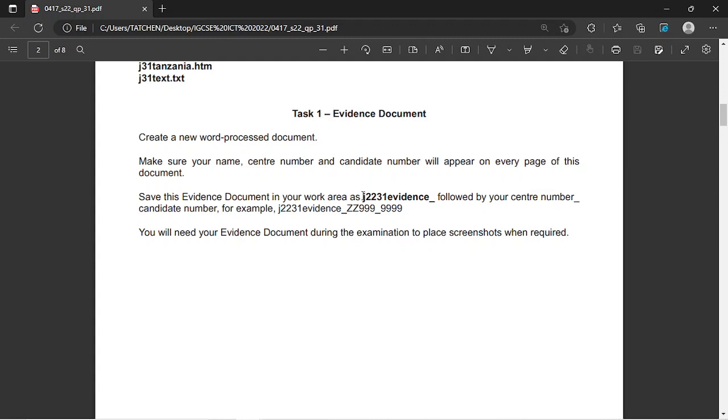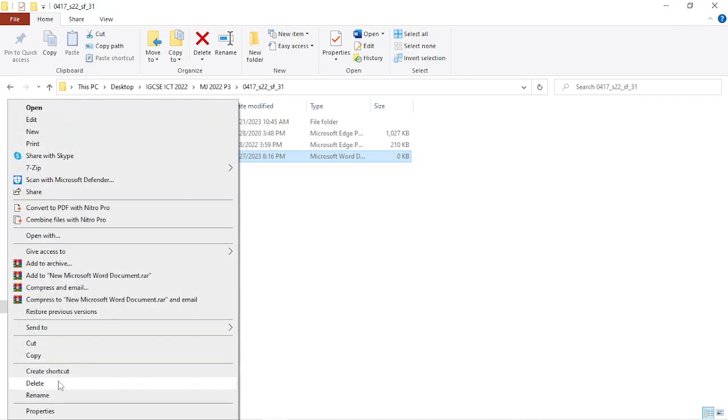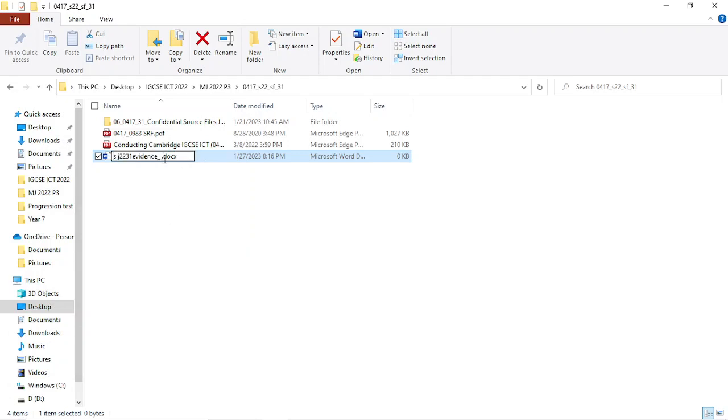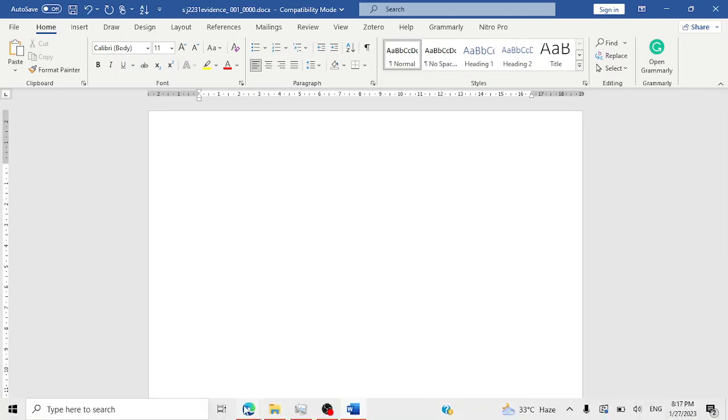Okay, I'm supposed to save it as JDs followed by your center number, candidate number. Rename this. Center number, I'll just say 001, underscore candidate number 000. So once I'm done with that, I'll open up my document. Okay, once my document is open, now